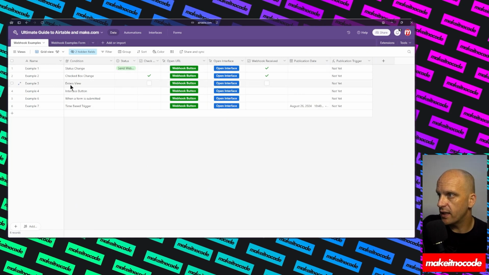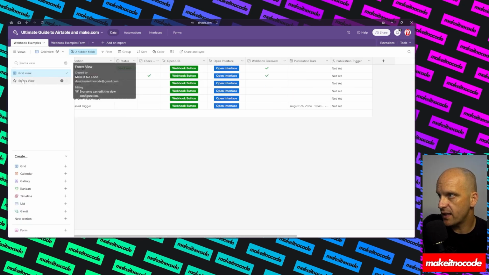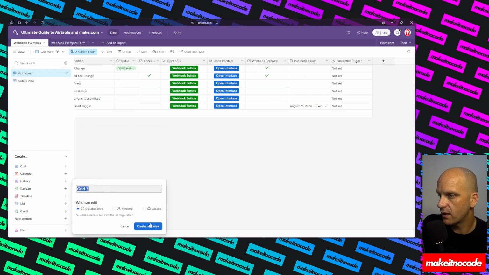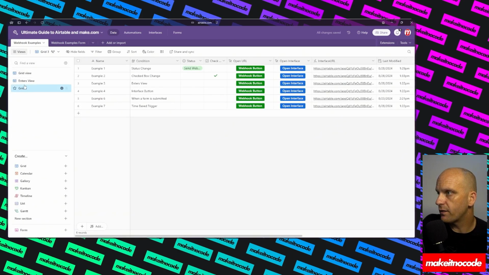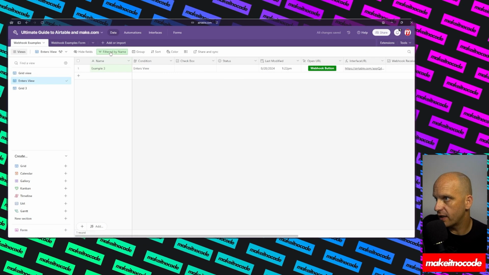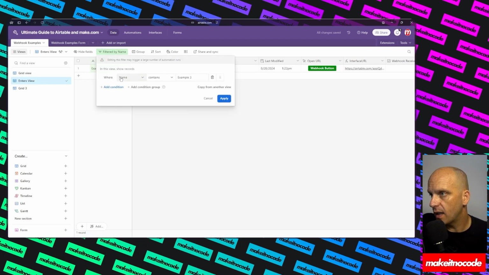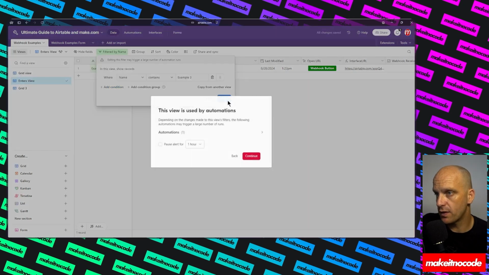The next example I'm going to show you is when a record enters a view. What I've done is I've set up a secondary view here. To do that, you just do like so, grid 3. I'll show you what I've built out here. I've got a filter, and basically when a name contains example 3, it will enter this view. So that's why there is only